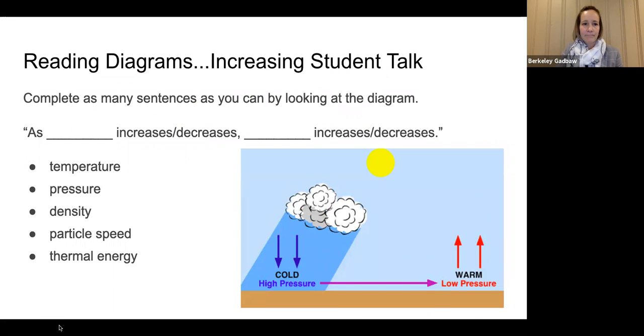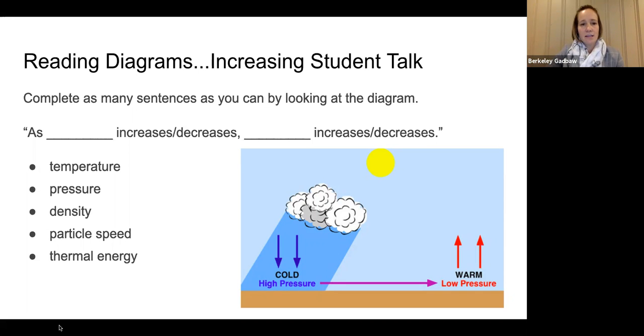Here's just another tip in terms of increasing student talk, which is having students just read diagrams. So many times when students come into my classroom, rather than take out your journal or do this, although that prompt might be up there, it's usually something to get them talking about science. So this is just an example of a diagram that's up there that rather than just having it stagnant, the prompt is to complete as many sentences as you can by looking at the diagram. And then I model that,